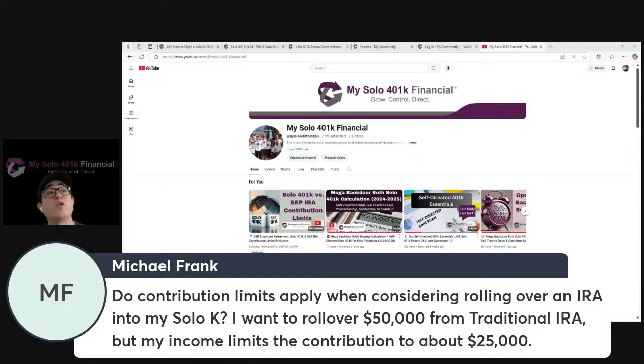So that's a great vehicle for customers who might want to consolidate their funds. They may want to then turn around and invest those funds in alternative investments, whether it's real estate or crypto, et cetera. Maybe you want to use the money to justify taking a solo 401k loan. Now, as you might imagine, the process to transfer funds is going to vary based on institution. It's going to vary based on type of account that you're rolling over. So what's great about us is we've helped thousands and thousands of self-employed individuals roll over money to their solo 401k. We're very hands-on in helping them roll over money.